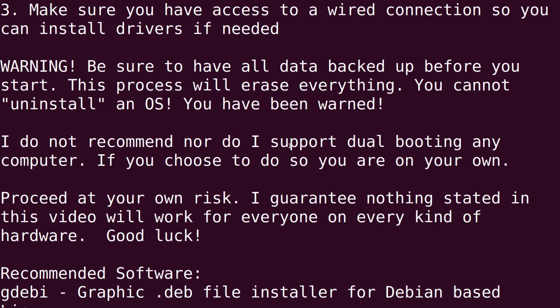A couple of warnings here. Be sure to have all the data that you want to keep backed up from the computer before you start doing this. And when I say backed up, that means that it's on a separate drive, like a thumb drive or a USB hard drive that you can physically unplug from the machine, and it doesn't have anything to do with it when it's unplugged, because we're going to erase the hard drive, and that means everything goes away,